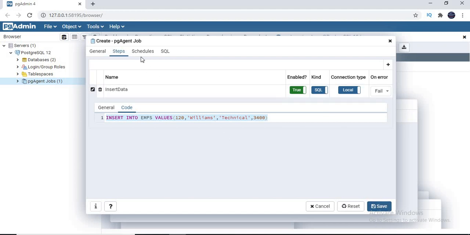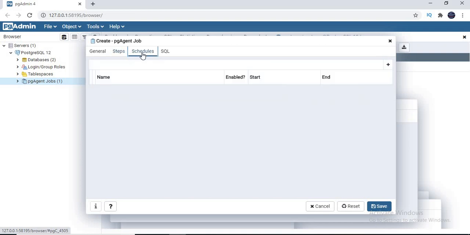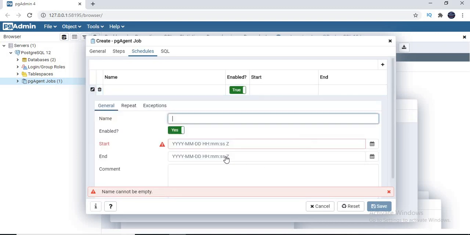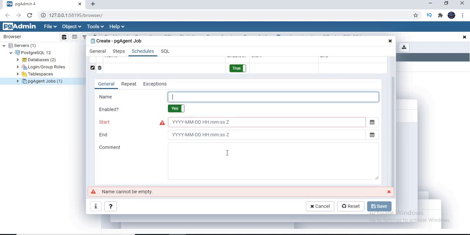Again, if you want to add any schedules, yes, you need to add schedules, of course, when to run and what to run. Okay, let's go to the schedules. Here it is empty, there are no schedules. So you can click on plus again. Once you click on it, it will ask for the name. So rather than giving a name here, you can click on edit row, and you will get a separate window at the bottom.